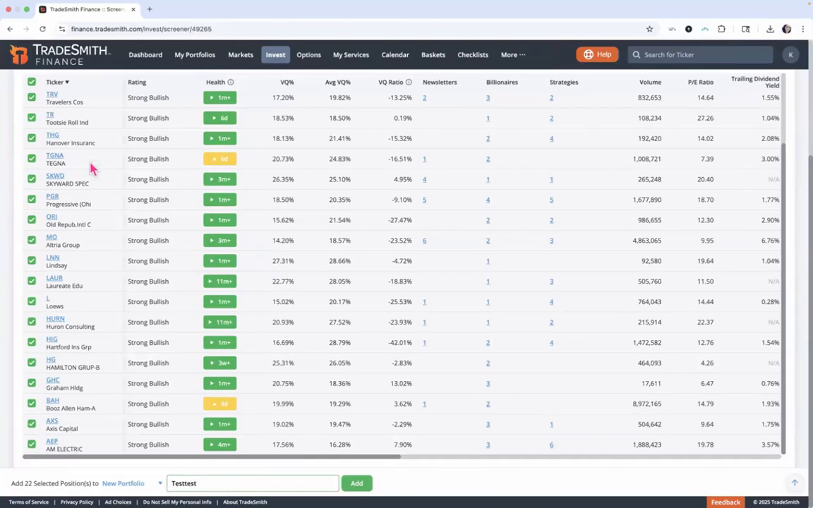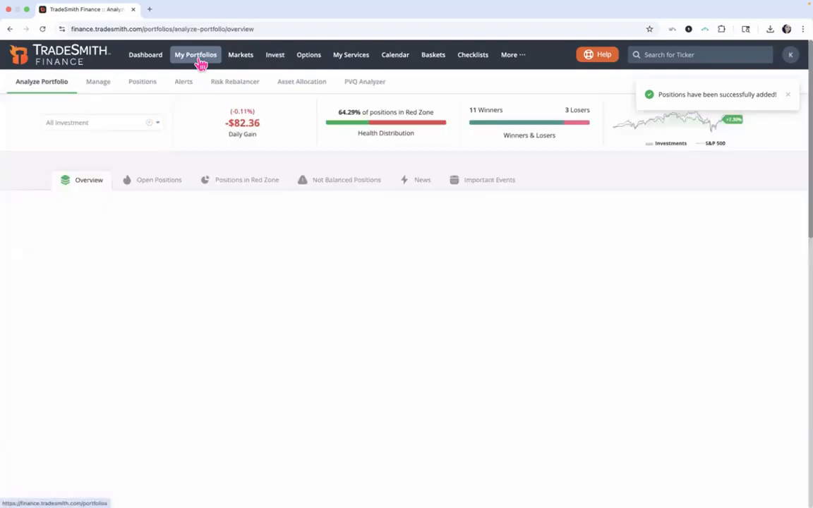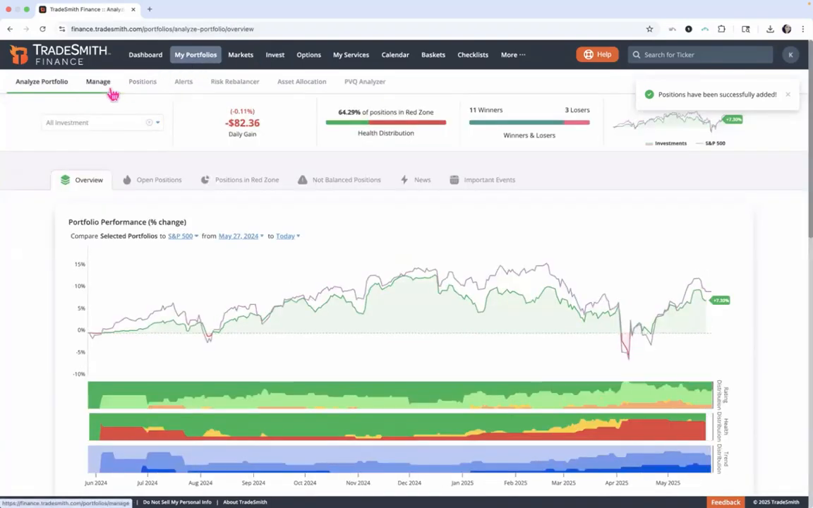And then I can take all of these 22 selected positions. So say I don't have time to look at them all, but I want to see how they perform in an actual portfolio as testing, like a watch list. Name it, hit add. Then what you would do to find that watch list is go to My Portfolios, Manage,